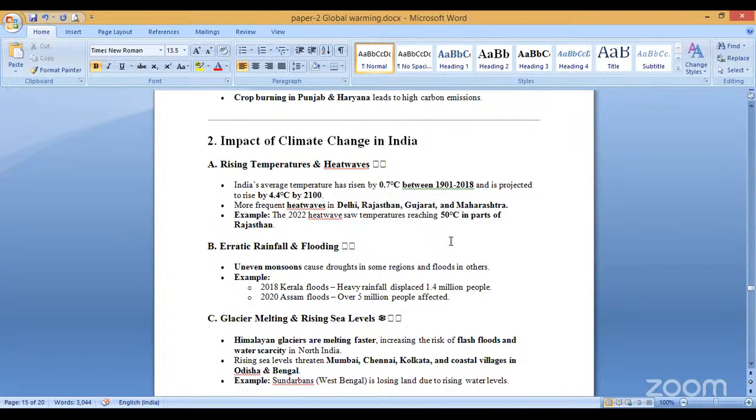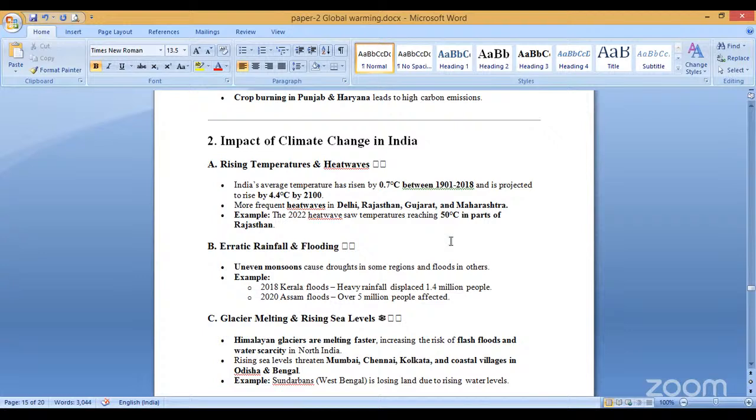Impact of climate change in India. Rising temperatures and heat waves. India's average temperature has risen by 0.7 degrees centigrade between 1901 and 2008, and it is projected to rise by 4.4 to 7 degrees centigrade. More frequent heat waves in Delhi, Rajasthan, Gujarat, and Maharashtra. For example, in 2022, heat waves brought temperatures reaching 50 degrees centigrade in